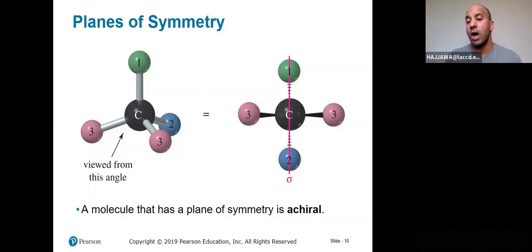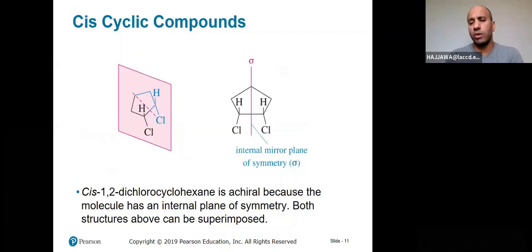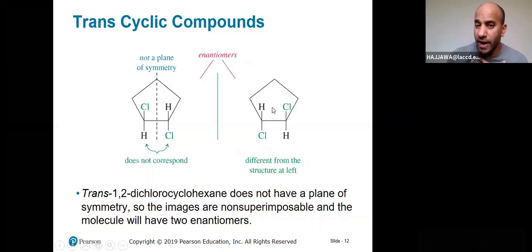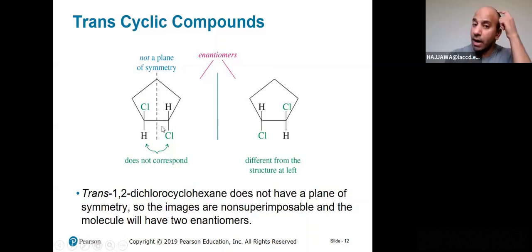And that's why I would also be able to use the term achiral if I see a molecule that has a plane of symmetry. You see that even though it's a cis cyclic alkane, because of the plane of symmetry, it automatically makes the compound achiral. What if I have a trans? The trans cyclic alkane is not going to be achiral because the plane of